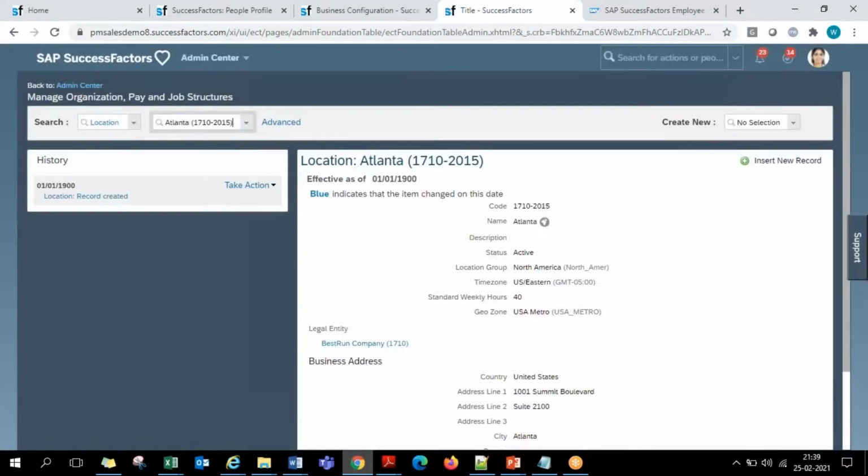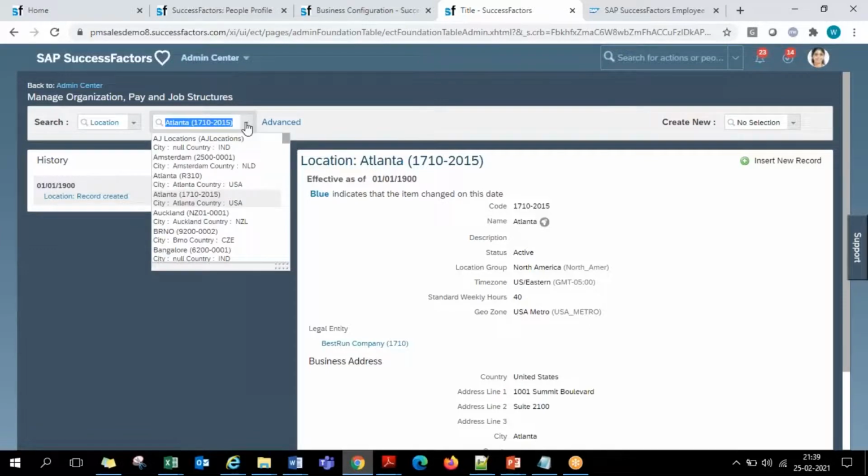In a customer system, there will be nothing, guys. There will be zero. There is no standard SuccessFactors pre-delivered list of departments, locations, anything. We are required to create them customer specific. This being a practice demo system, pre-configured with a lot of test data and standard configurations, you are able to see this list.